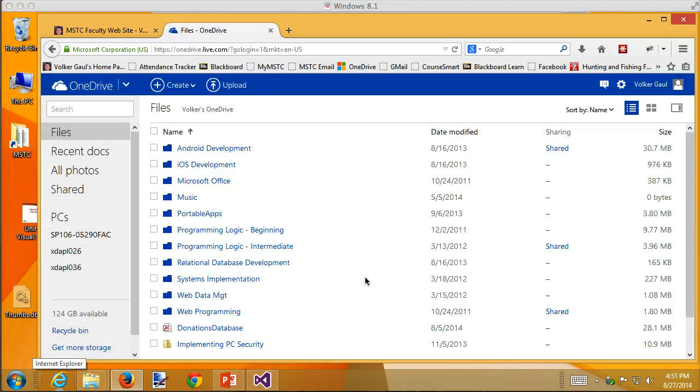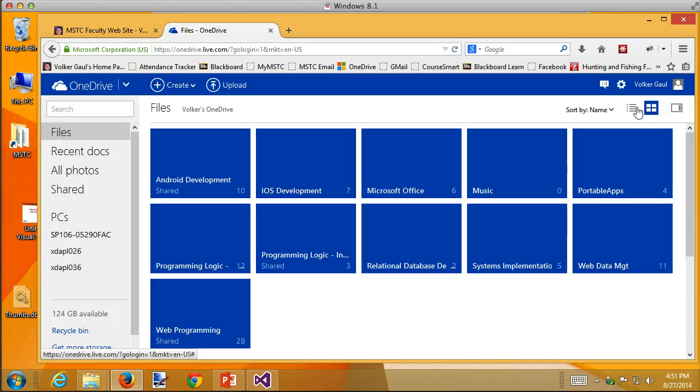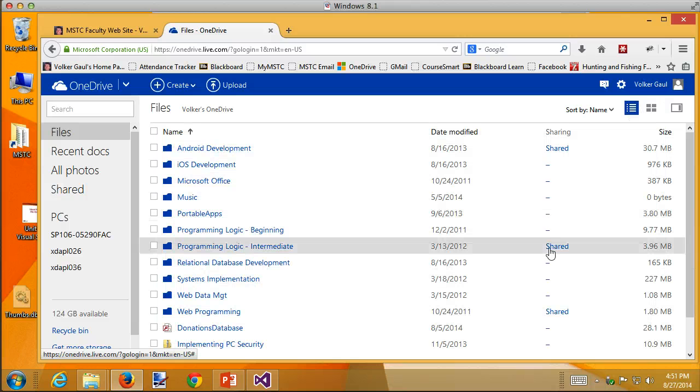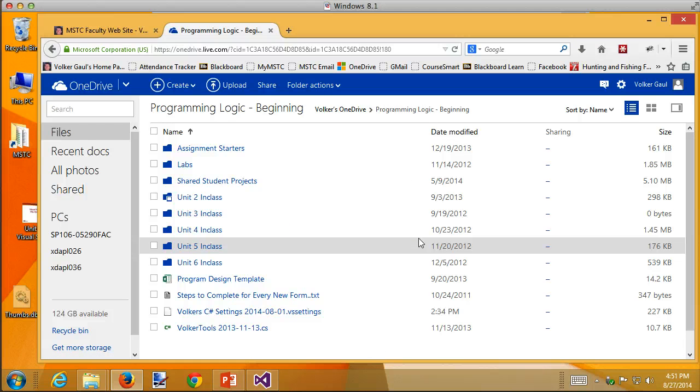Okay, I forgot to turn on the recording before I signed in. I hit the big sign in button. And you probably see these big icons, and that just kind of gets old real fast. So my advice, if you like them, keep them. My advice is go to this button right next to it, and that makes things a little bit smaller. Where do you think you're going? Logic beginning. And here's a bunch of stuff that I'm going to be sharing with